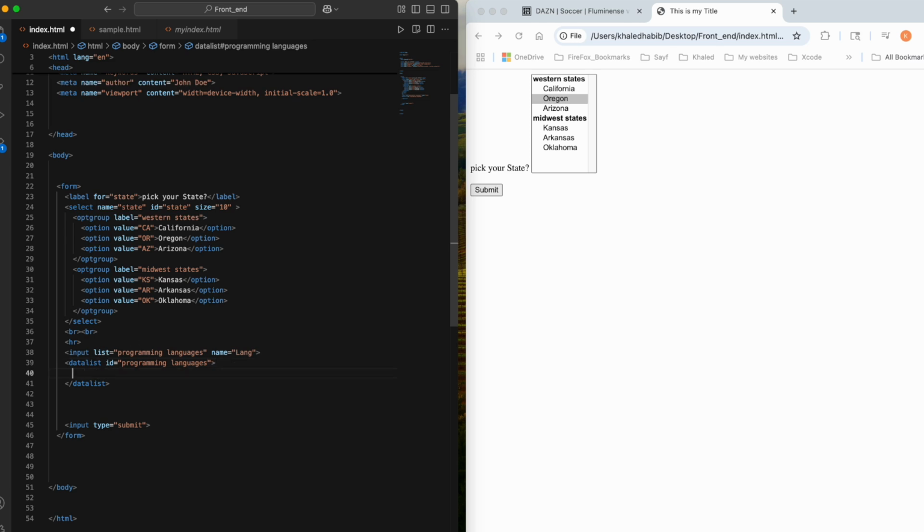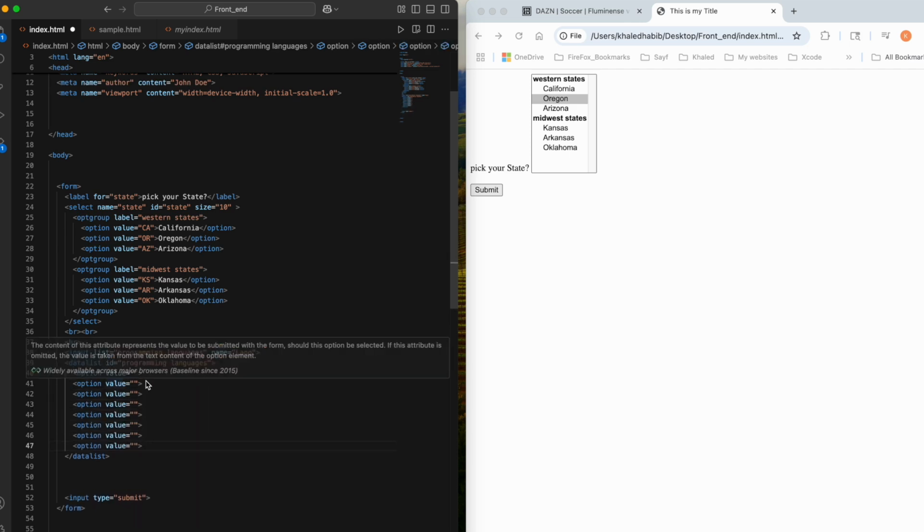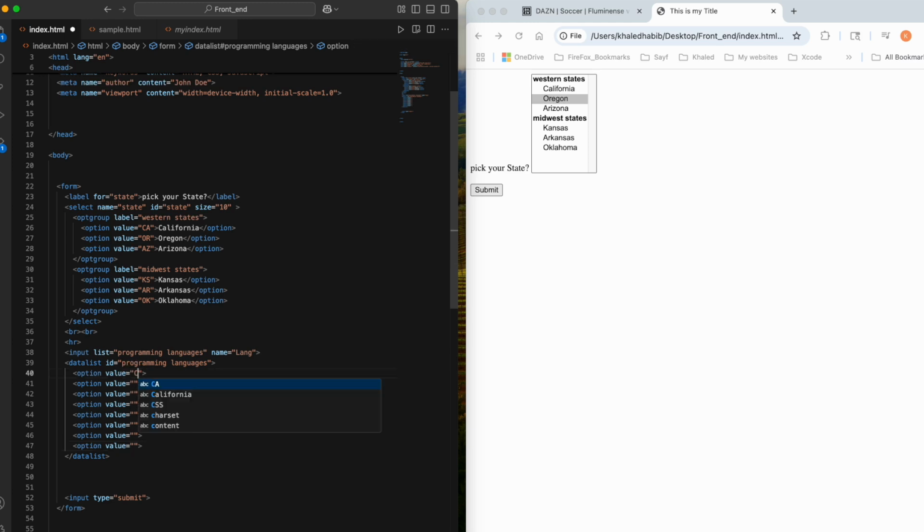The good news is in your options here, you don't have to have close tags. You just have an open tag, and you have to have a value only. So let me just do several lines here: 1, 2, 3, 4, 5, 6. For the value, the first one in the option, since it's programming languages, maybe I'll put C language,